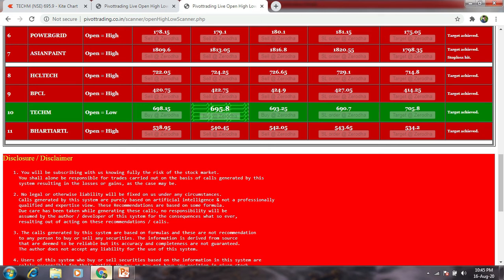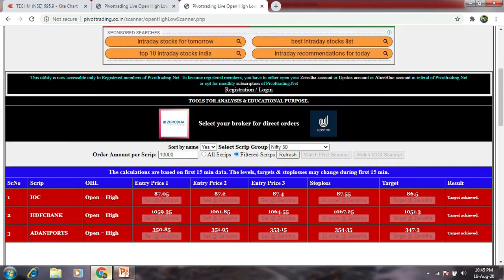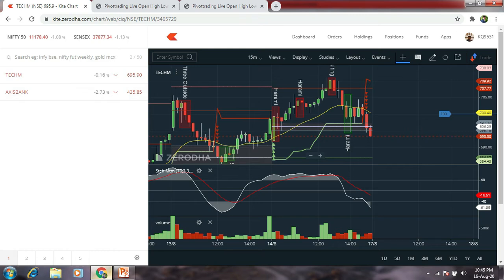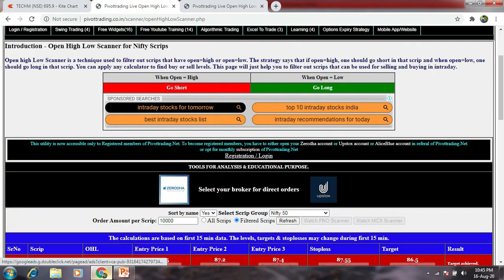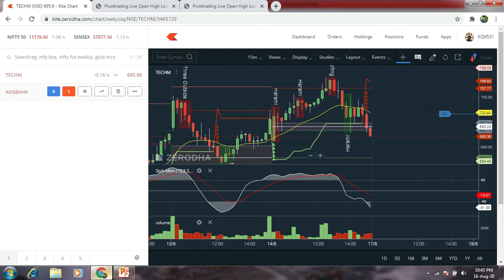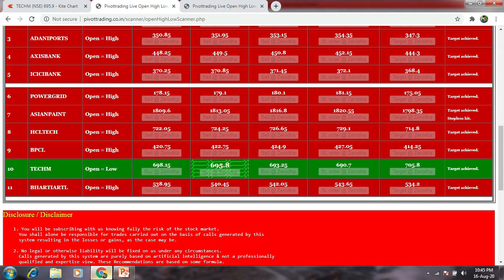The first step is going to the website and watching the stocks, and then you go to your Kite application and watch whether the market is minus 0.3 or plus 0.3. If plus 0.3, you select the stocks where open is equal to low. If it is minus 0.3, then you select the stocks where open is equal to high. This is the red side. Everyone is clear till here, I think.